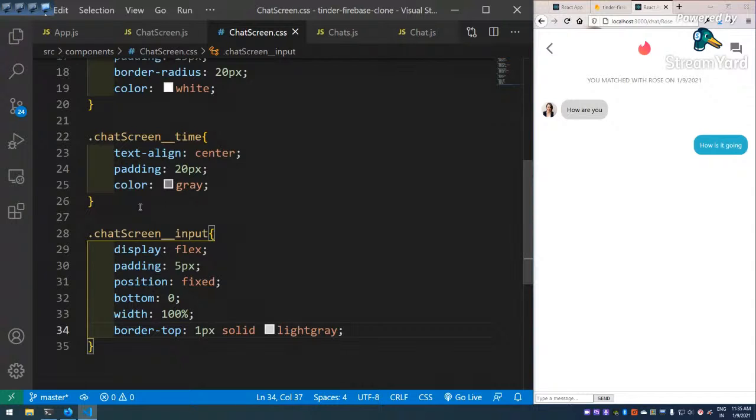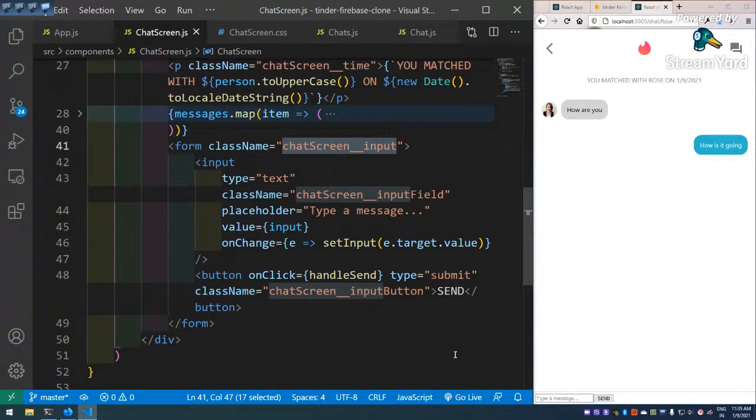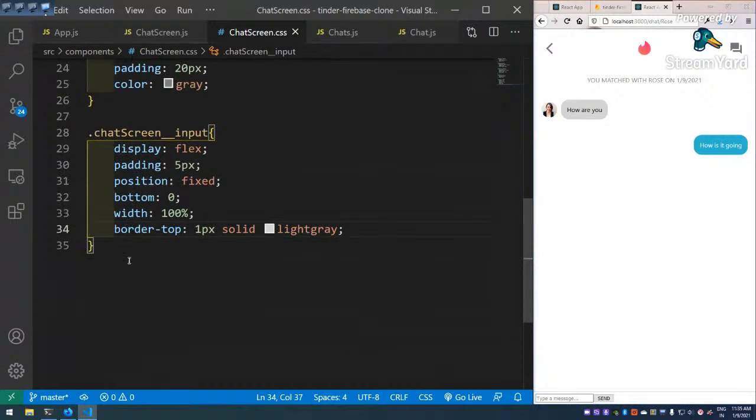Okay, 1px solid light gray. So this border top has been done, but we are not yet done because see, it is not expanding completely. So I want this to take as much space as it is required. So I will go to this chat screen input field, and